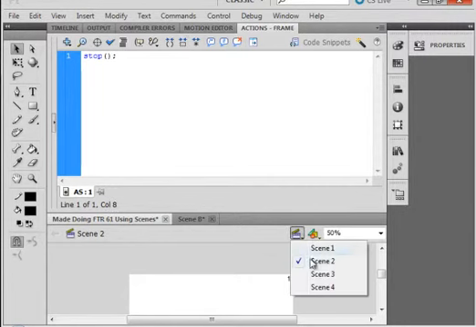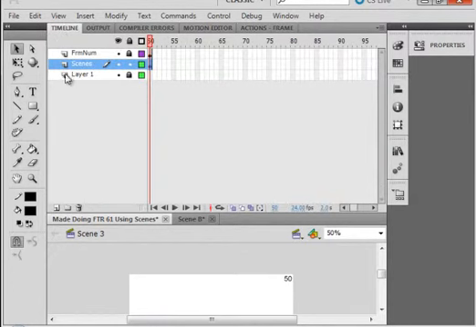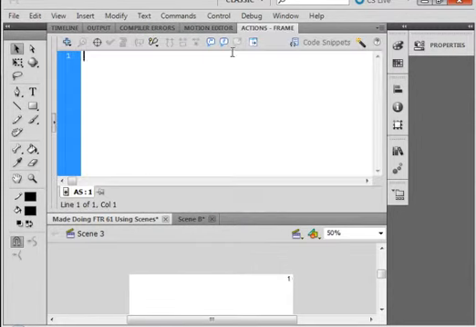Select scene 3. Do the same thing, put that unused layer on top, call it AS. Select the very first frame here and put in a stop, STOP, open close semicolon,